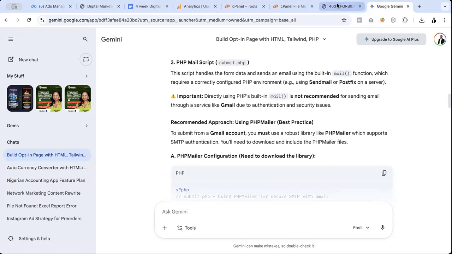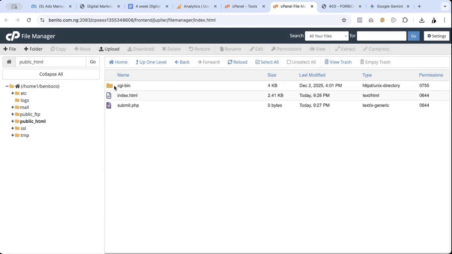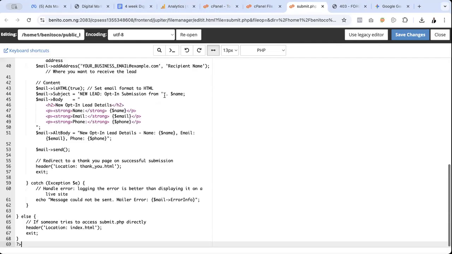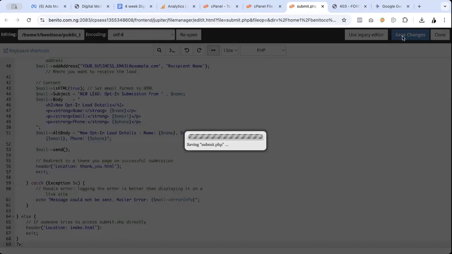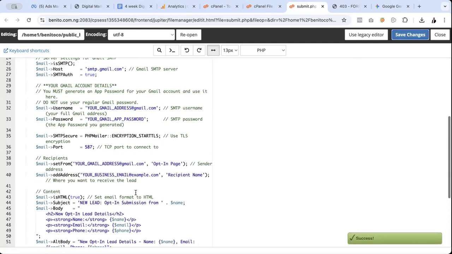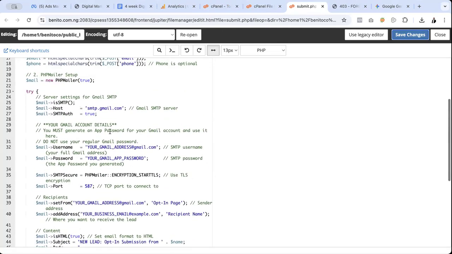Submit.php. Okay. Submit. It's only PHP, a server side, that can submit the form. So here now, what I basically need to do is just to replace this thing with